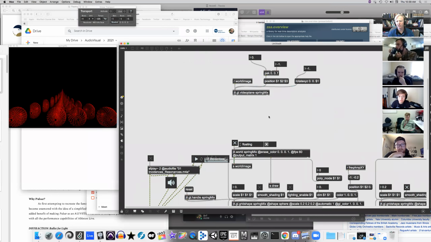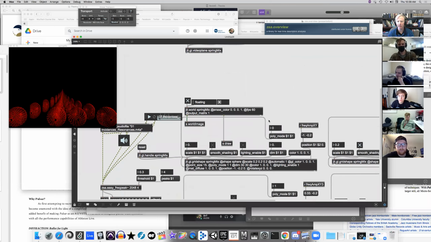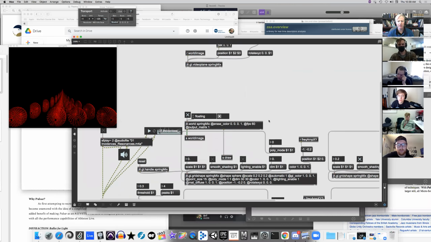And then we could let our imaginations run wild and say, well, what would happen if we took some other element of the audio and changed the rotation here or whatnot. Or we could even say something like, well, maybe in the feedback loop here, maybe I want to transform this world image